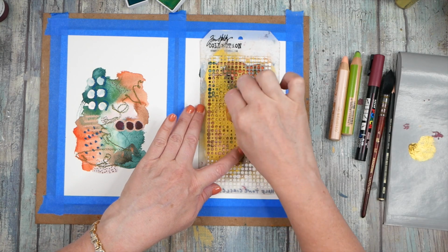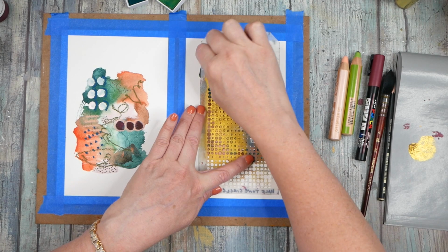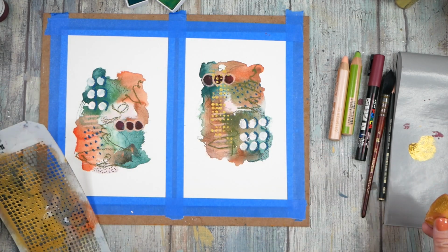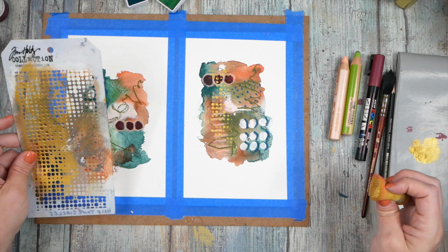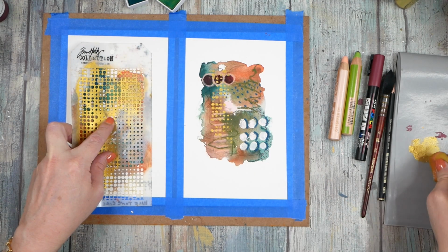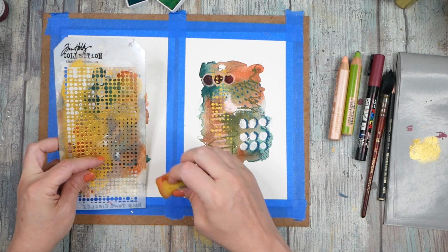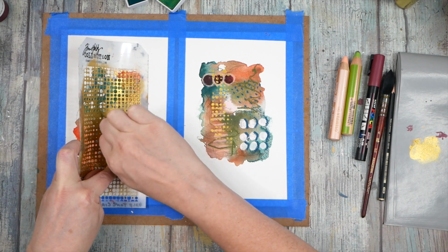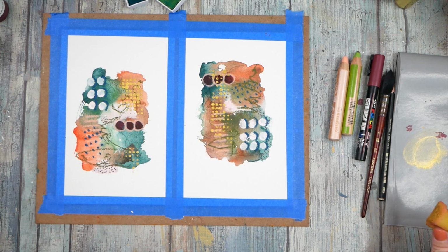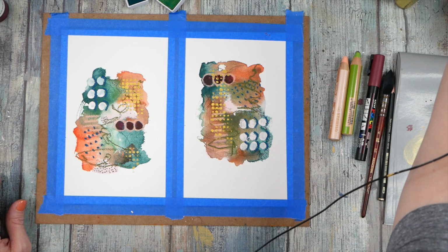And I don't try to use the stencil like as a big square. I just kind of here and there put the paint through the dots. Oh yeah, that's pretty. Okay, I like that. That's kind of what I wanted. Let's do this up here. Ooh, yeah. Maybe a little down here. Oh yeah. This one's got lots of layers. We could even come back with our gold